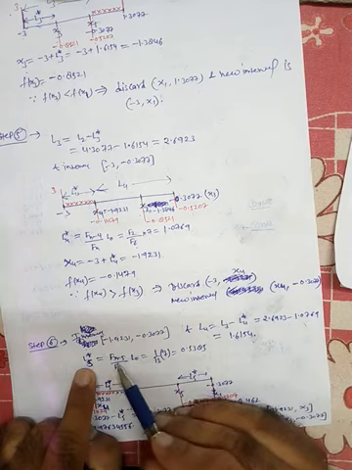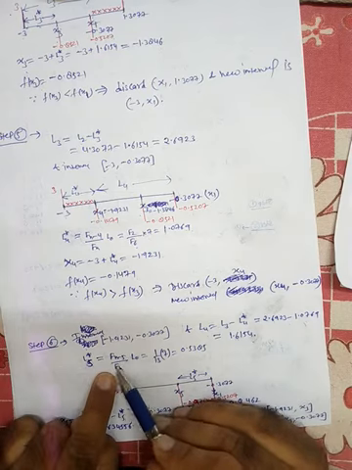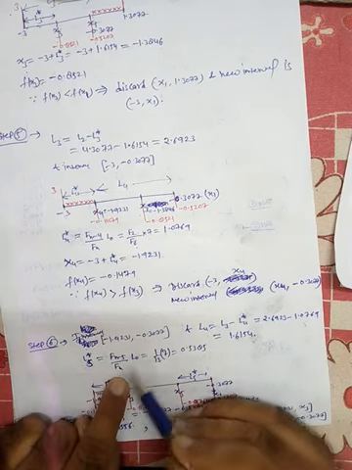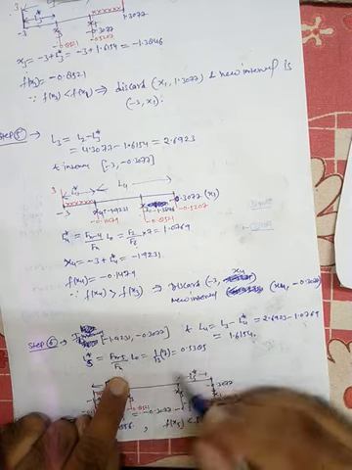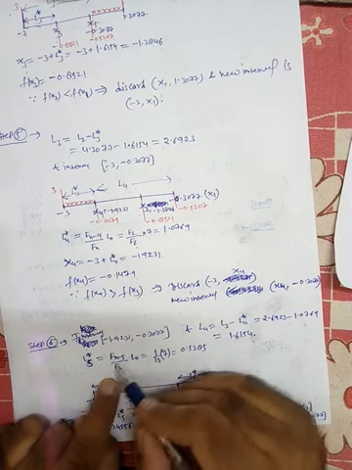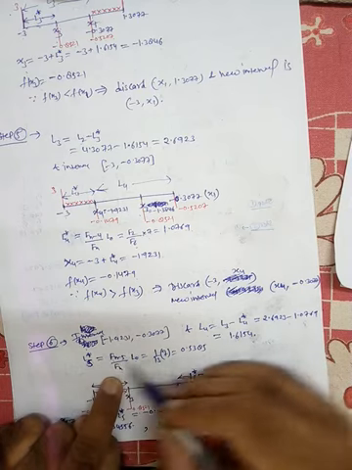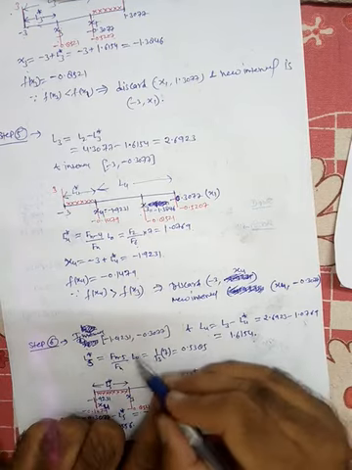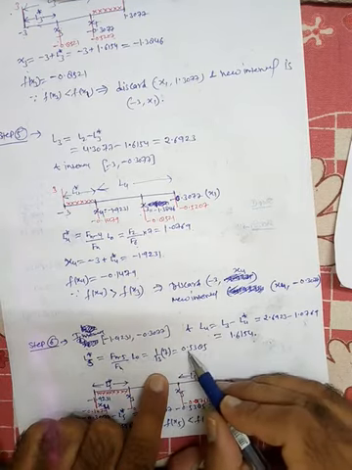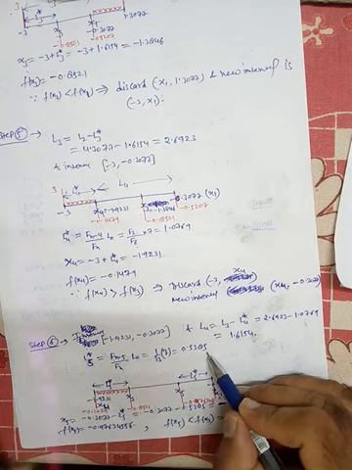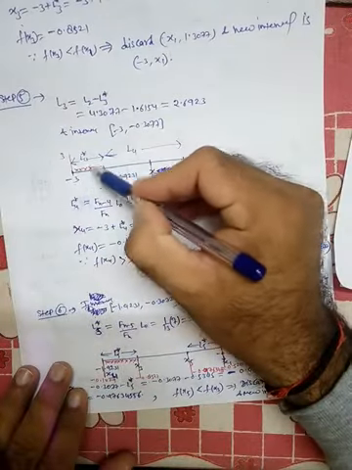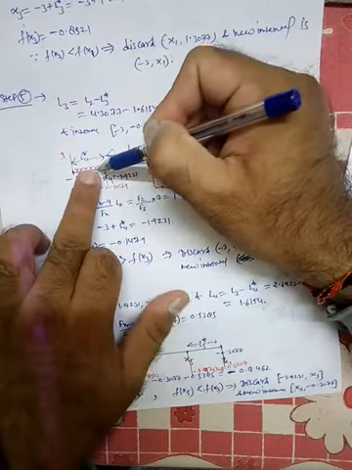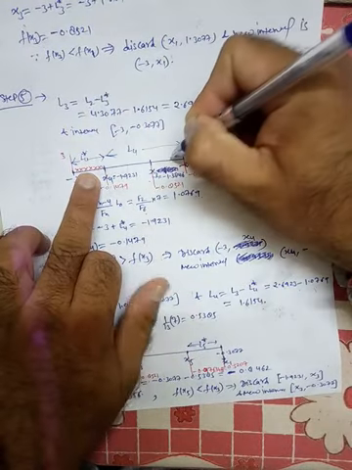Okay. Now find L5 star. L5 star is F(n minus 5) divided by F(n) into L naught. What is n? n is 6. So ultimately F1 divided by F6. F1 is 1. F6 is 13 into L naught, which is 7. So 0.5385. Okay. So now here, since the right hand side is discarded, the next point x5 is inserted in the right hand side.